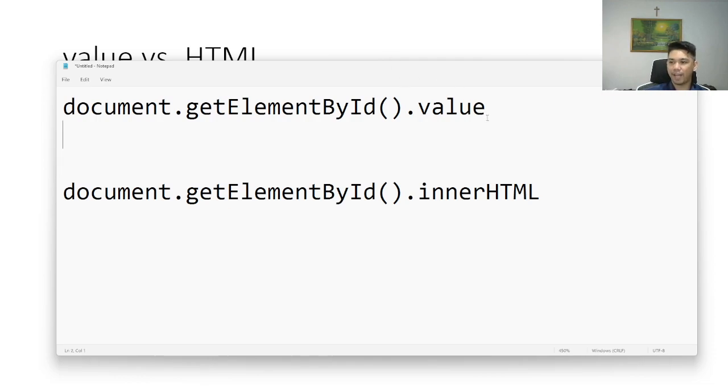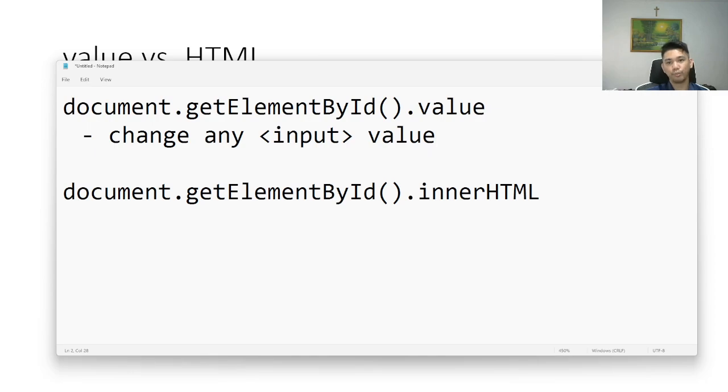We use dot value if we change any input value. So for text boxes and buttons, you will be changing its label. For radio buttons and checkboxes, you will just change its internal value. But if you will be using dot innerHTML, you need to use that to change any HTML element,